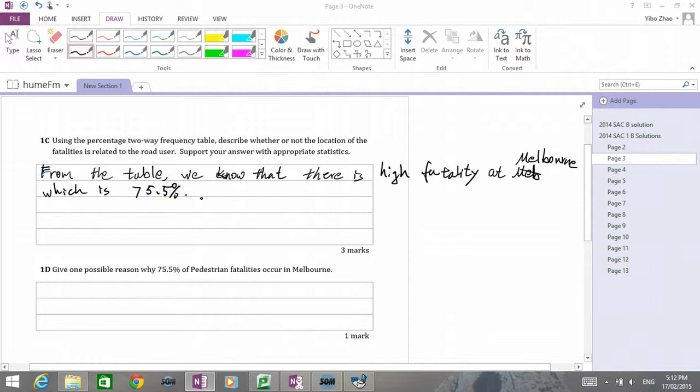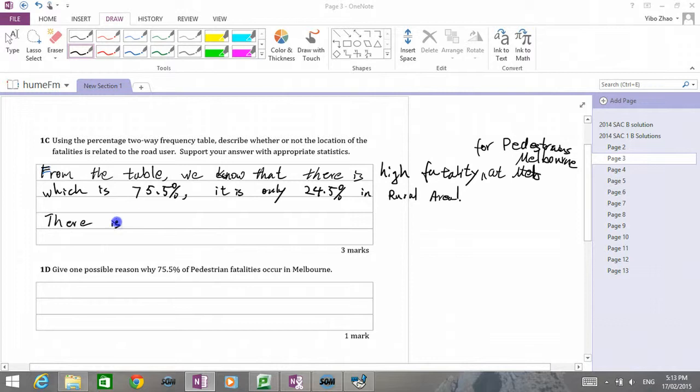Then if you look at the table again, compared to the rural area, which is high fatality for pedestrian at Melbourne, it is only 24.5% in rural area. Again,